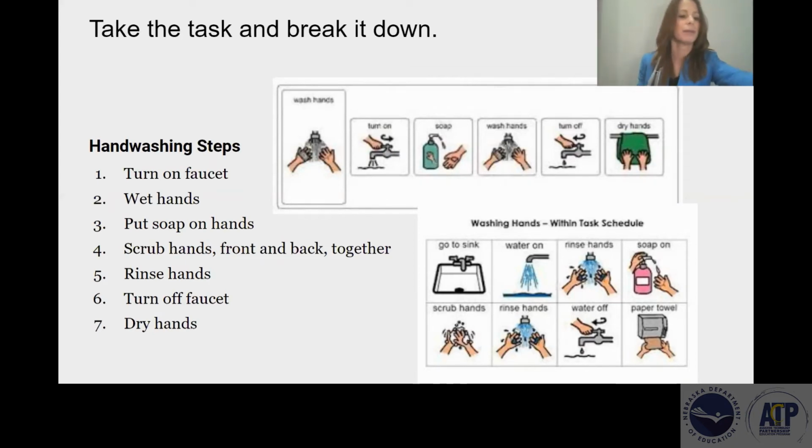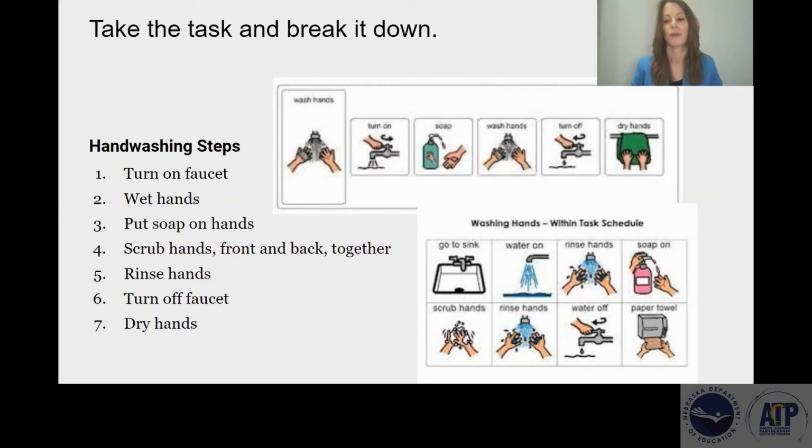I have one here, for example, with the same skill, washing hands, but look at how many steps. This is like turn the water on, then wet your hands, pump the soap. I mean, it's super detailed. Rub hands together, rub the top of your hands. So this one is all the same as all of these. It just depends on how much detail your student needs, support they need,